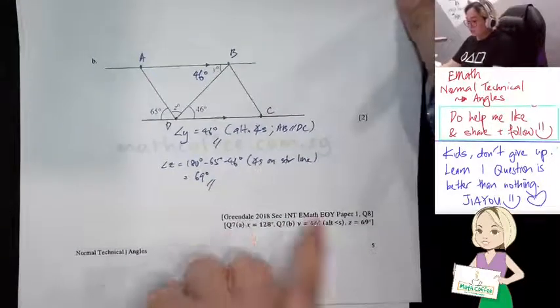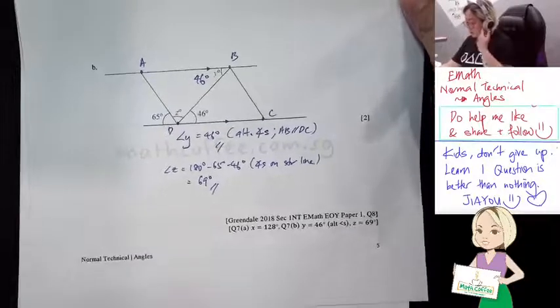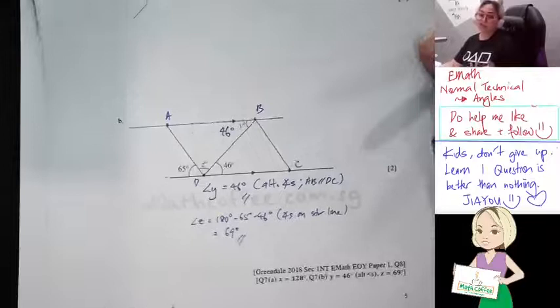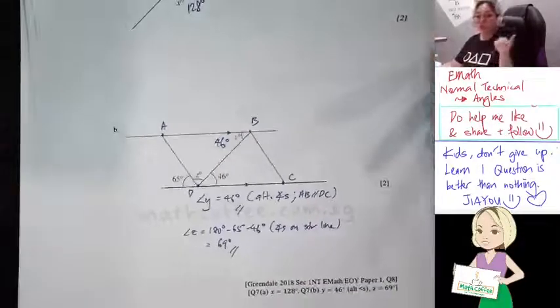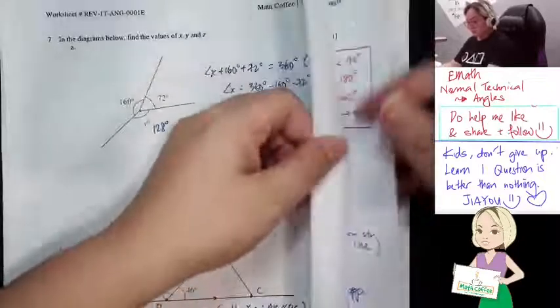Okay, sometimes you might see that the answer, the reasoning, is different from mine. Because sometimes there's more than one way. As long as you use the correct property and derive the same answer, it's fine. Okay, let's move on to the next